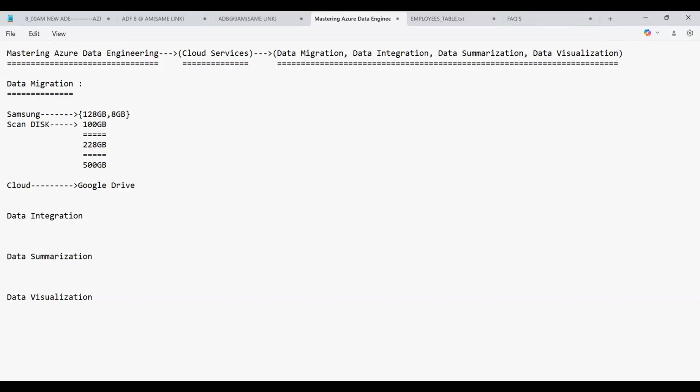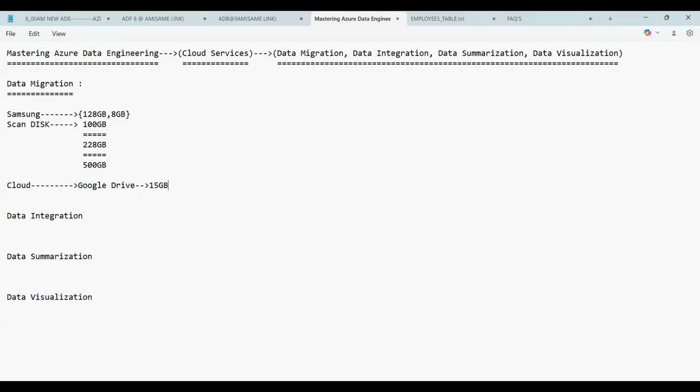But iOS has its own, called iCloud. iCloud is the storage, or we can say the cloud provider. So here we can say Google Drive. Google Drive has only 15 GB by default. That means 15 GB is free for sample purposes, for storing purposes. 15 GB is free, but it does not mean that you can store only 15 GB.